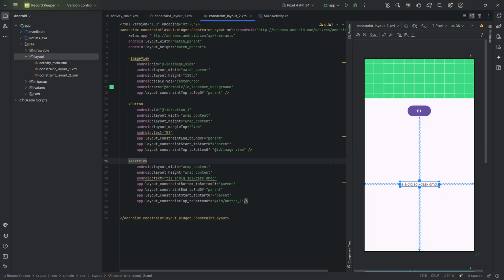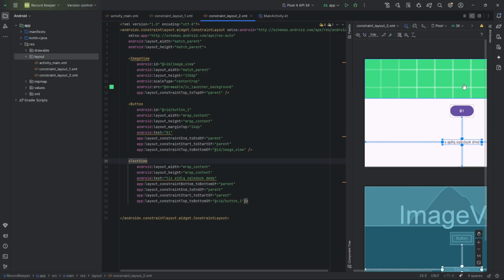You may or may not have heard the term responsive, particularly when browsing websites on a mobile phone. But when we talk about responsive user interfaces, responsive layouts, we're talking about a layout that will respond to whatever shape, whatever orientation, whatever size screen the user is using. So if we now, in our design preview, next to the blue icon, click the orientation for preview icon and select landscape, if I bring this across to zoom in a little bit, you can see that even though we're